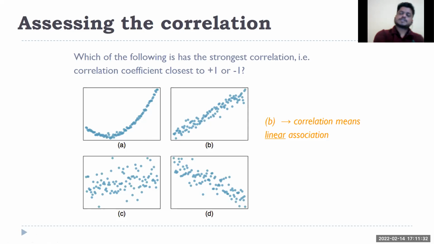So, to answer your question, when to use root x or log x or x square or x cube, what kind of transformation you are going to use, that has to come from the scatter plot. So before creating a model, create scatter plots of the dependent variable y with all independent variables separately. For each independent variable, create a scatter plot with your dependent variable, and from there you come to realize,